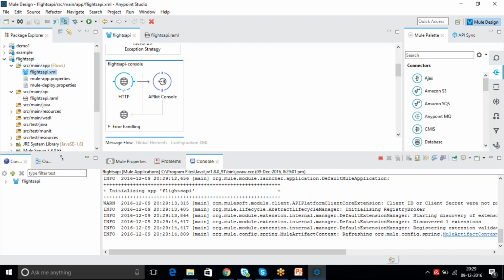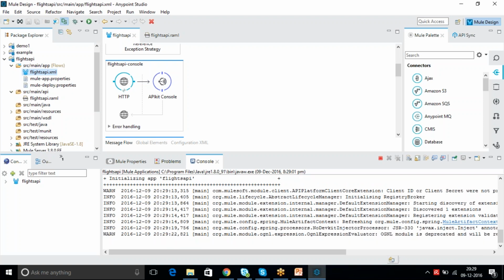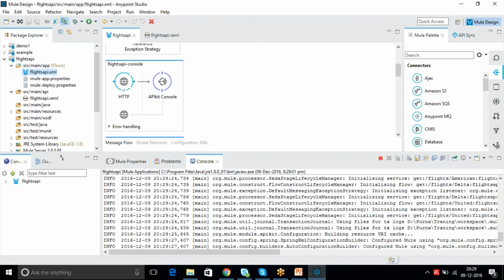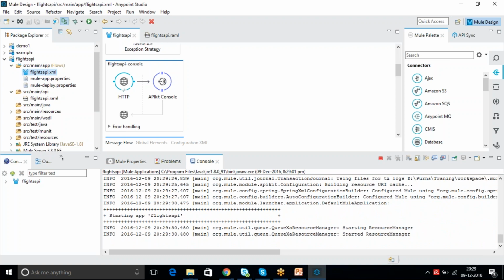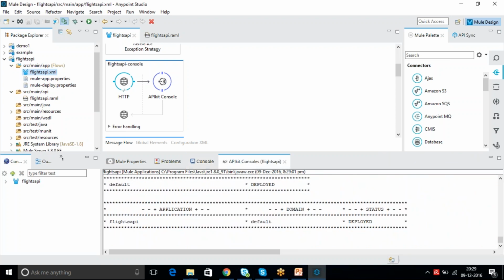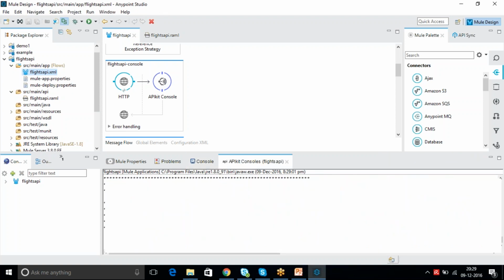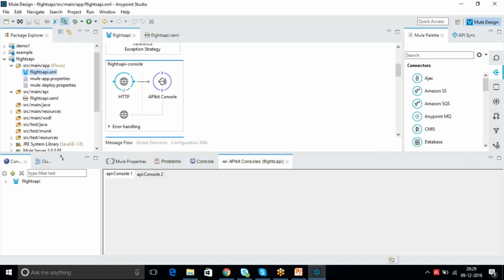So far, is everything clear, or do you have any doubts? Okay, now my application got deployed. Now you see that the APIkit console is automatically showing.